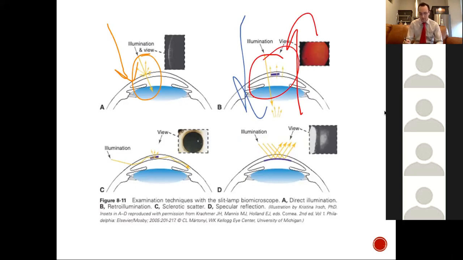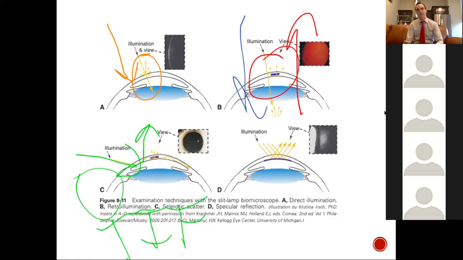Another important consideration here would be in C, where we have sclerotic scatter, just like we had on the previous page, but we're actually using what's called total internal reflection, TIR, here. Okay, that might be another way they could ask you on the boards,